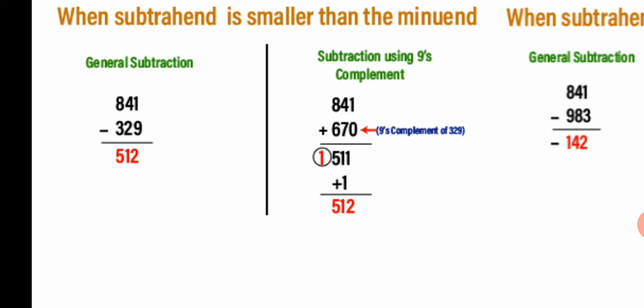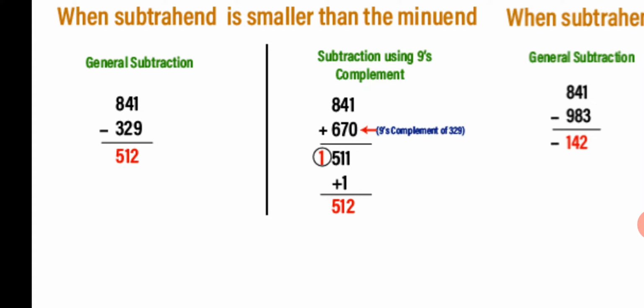Fine. Now subtrahend is 329. You have to get the 9's complement of 329. How to get 9's complement of 329? It is nothing but each and every position has to be subtracted from 9. So 9 minus 3, 6. 9 minus 2, 7. 9 minus 9, 0. That's why the new subtrahend is 670. Now you have to add minuend and subtrahend. You are going to get the value as